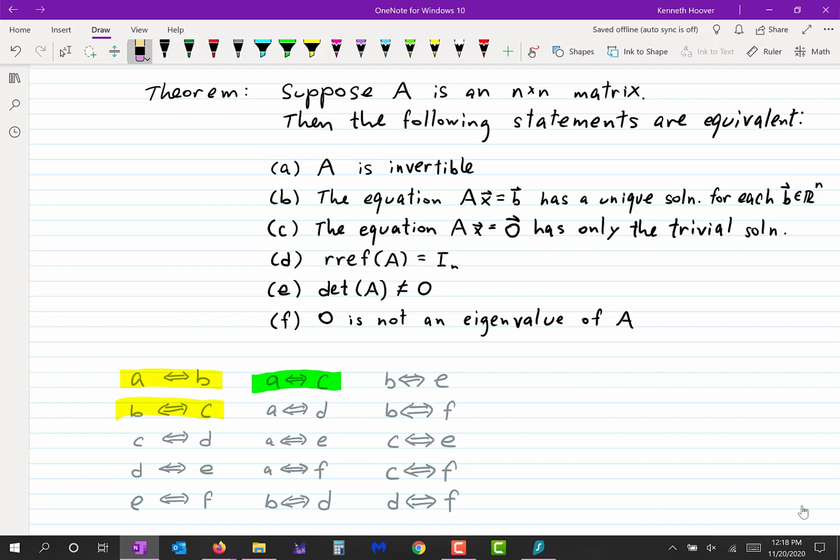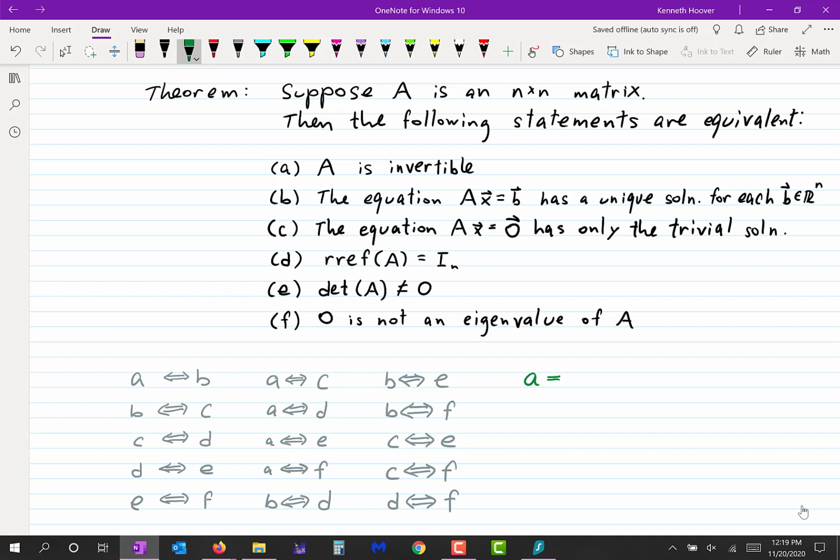You need to form a chain of conditionals that would allow you to get from any one statement to any one statement, including back to itself. So the easiest way to go, no, sorry, not easiest, but the least number of hops would be that you could do